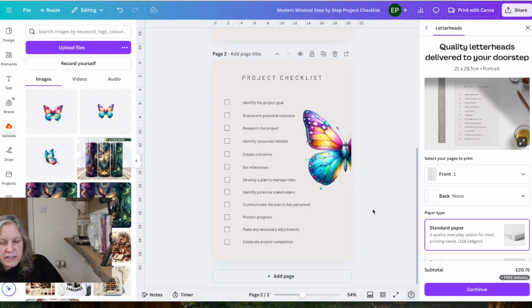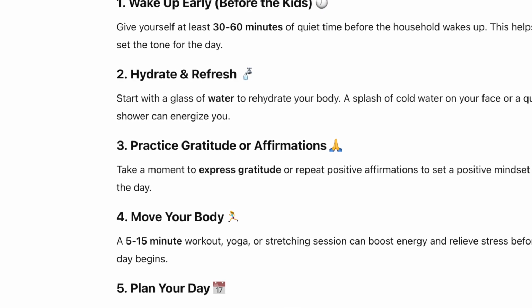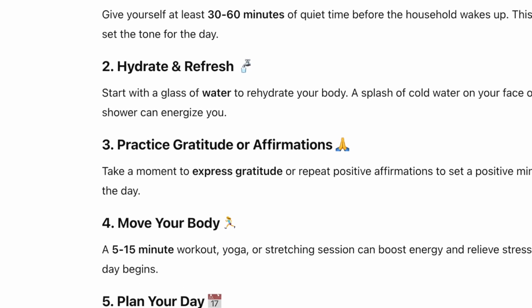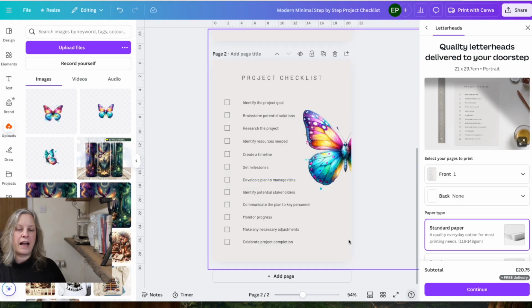And then again, you're serving that same niche. It's cohesive with those affirmation cards. Affirmations was one of the things on the list. Practice gratitude or affirmations. So something like that would work really well with those cards. And that would be 2 digital products that you could create easily, quickly, and then sell them on Etsy or